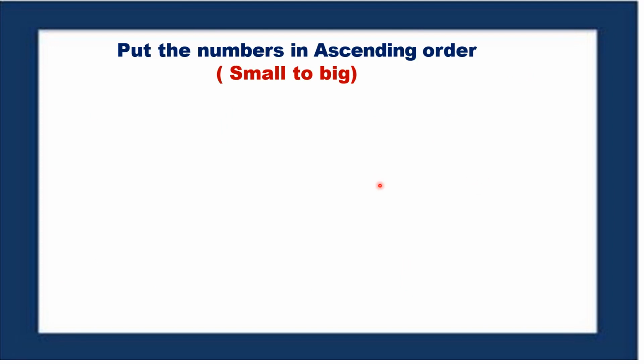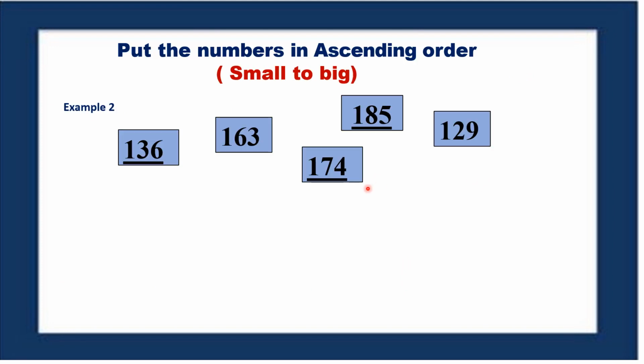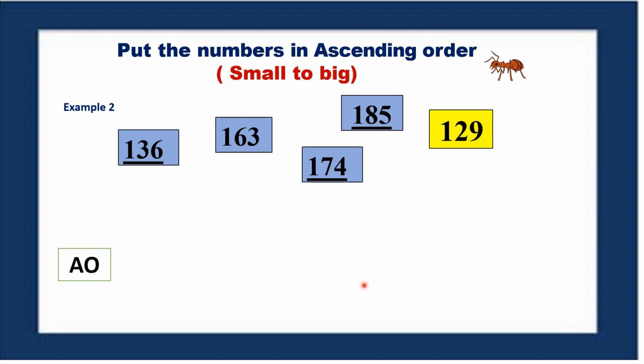Now we will take all 3-digit numbers. Let's arrange these given numbers in ascending order. As usual, ascending means you have to remember and. So arranging from smallest to the biggest number, first identify which is the smallest number. It is 129. So write 129 over here and strike off in the question.